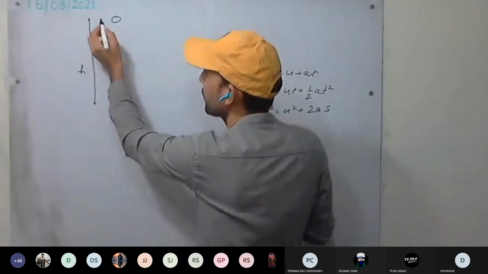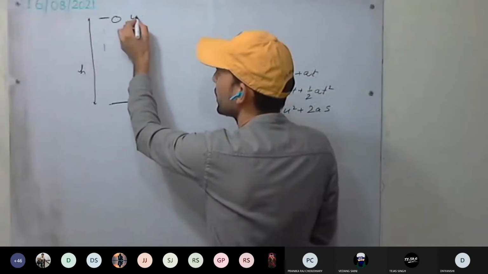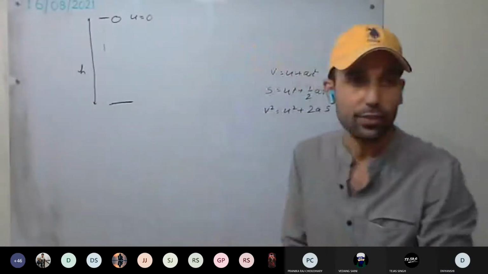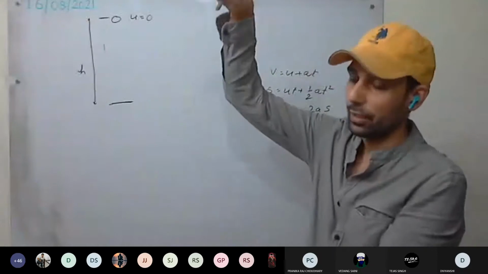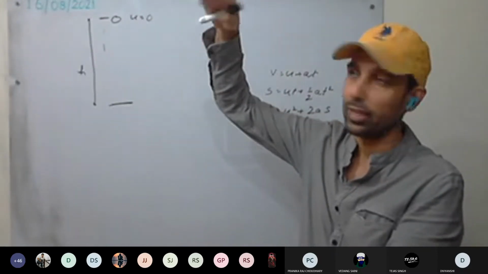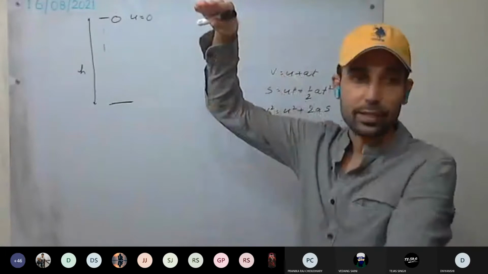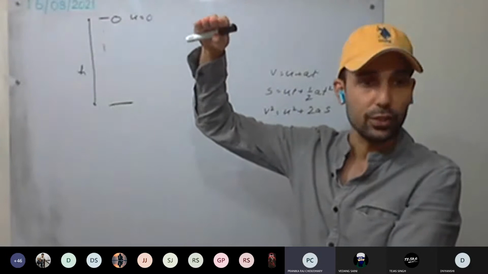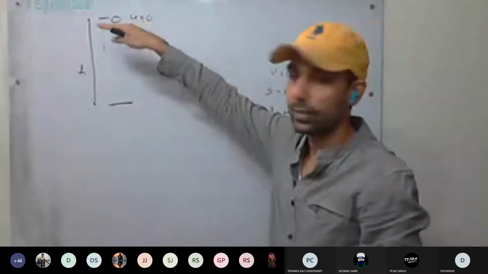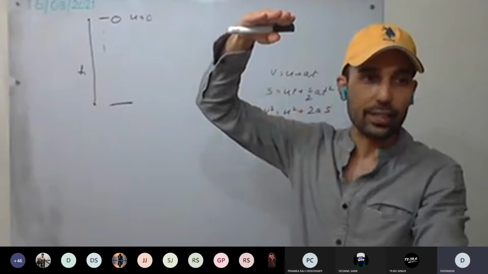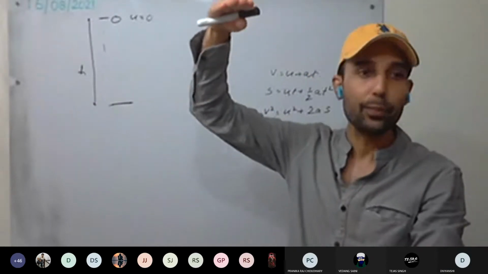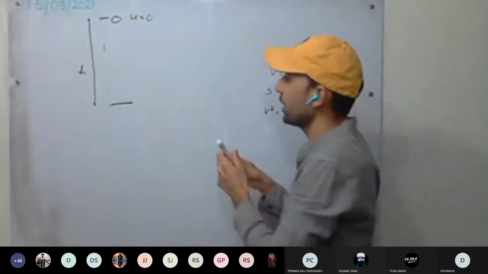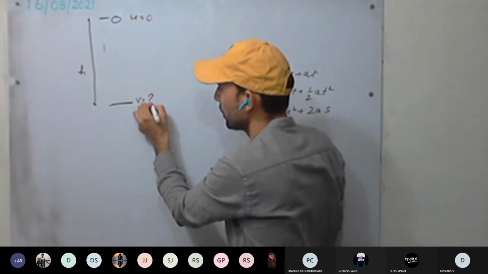Then it came back. So if we consider this time the motion starting from here, the initial velocity will be taken as 0. Earlier we threw it upward, so from here to here we took this as the initial velocity, and the final velocity was 0. Now, while coming back down, u will be 0 here, since at the top it has 0 velocity. From here we start our motion, from here to here, and we have to calculate the final velocity just before hitting the ground.